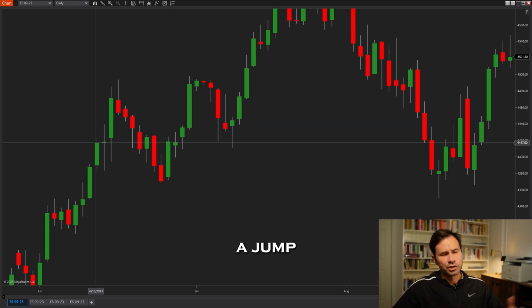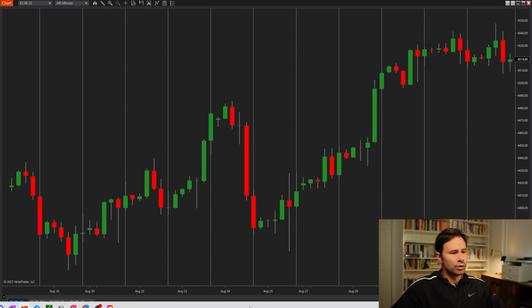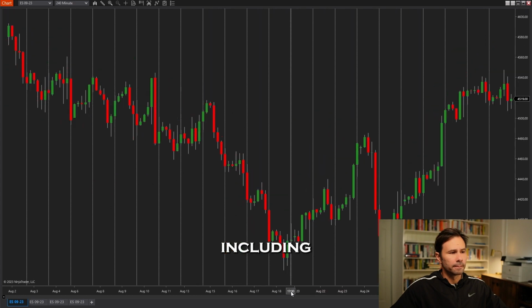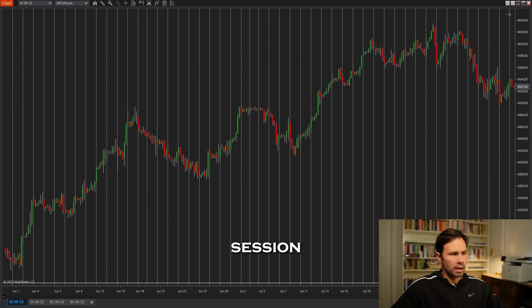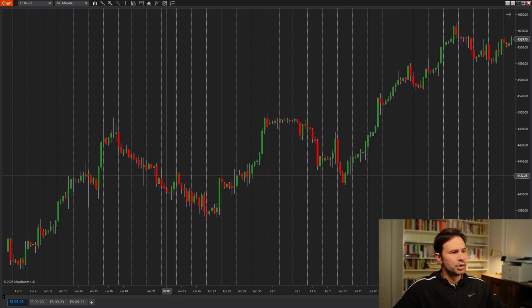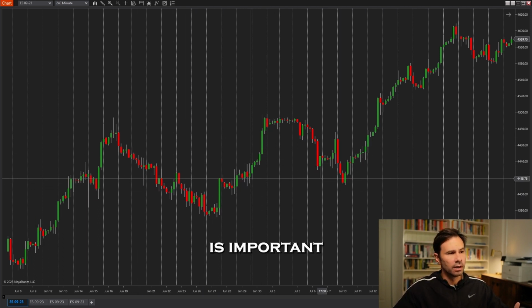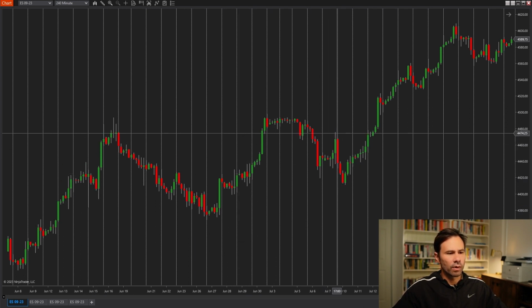From the daily I jump down to the 4 hours. Now the 4 hours is a time frame that I like to use, including the Globex session. When I include the Globex session, you cannot see any gaps, and it's important because you have a continuous chart, right? You can see where the overnight went, and then you can see how prices